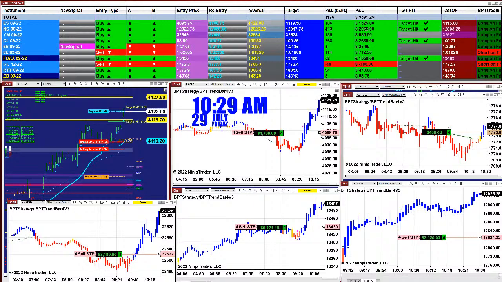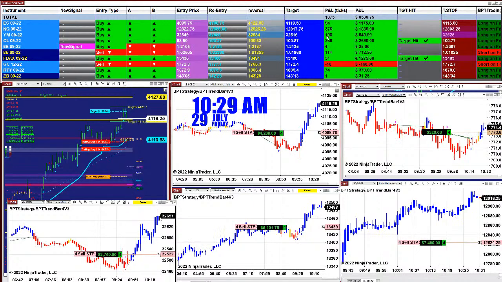The market analyzer, we are now over 1200 based on one contract. You don't have to trade all of it. You can trade ES, Nasdaq, Dow Jones. ES 100 ticks into the profit based on the last entry, not the whole day. Nasdaq 380 ticks based on the last entry, not the whole day. The YM 108 based on the last entry, not the whole day. So you don't have to trade all of it, but right now the market analyzer is above 1,100 ticks into the profit.